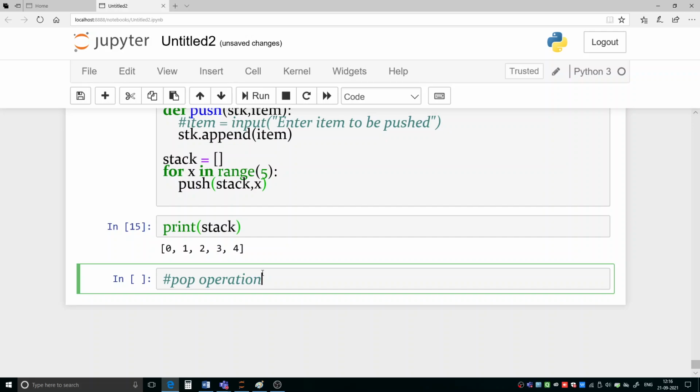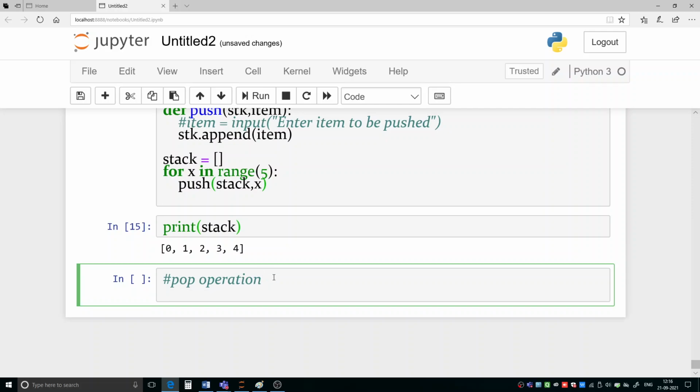So popping means we are removing the element from the list, and if you want to use it, then you can use it also, because the pop function returns the element also. Okay, so we are going to perform the pop function. So we will be defining that. Pop operation. So here let us define pop.